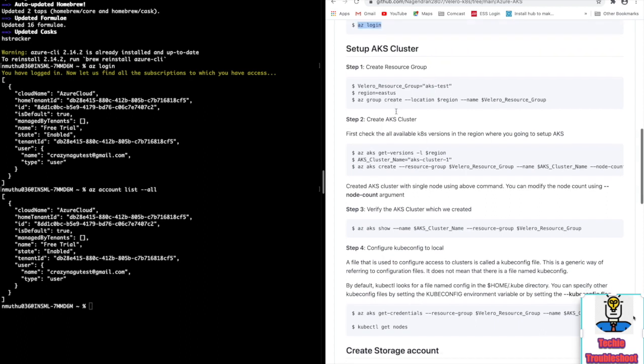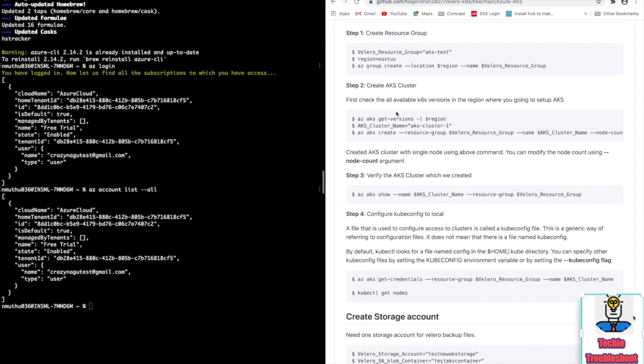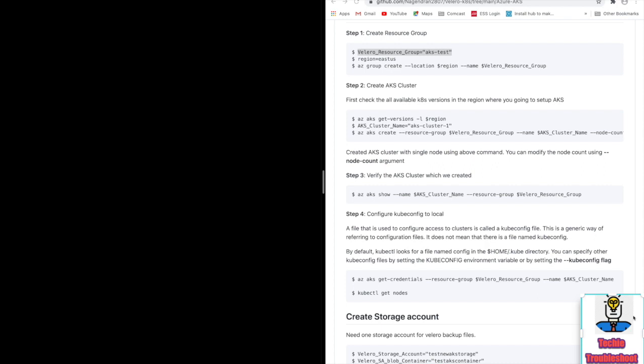So next step, I have to create a resource group. Before setting up the AKS cluster on the Azure side, all the resources go under one resource group, so we have to create one resource group. Here I use the region East US. If you want to modify it, you can do whatever you want.